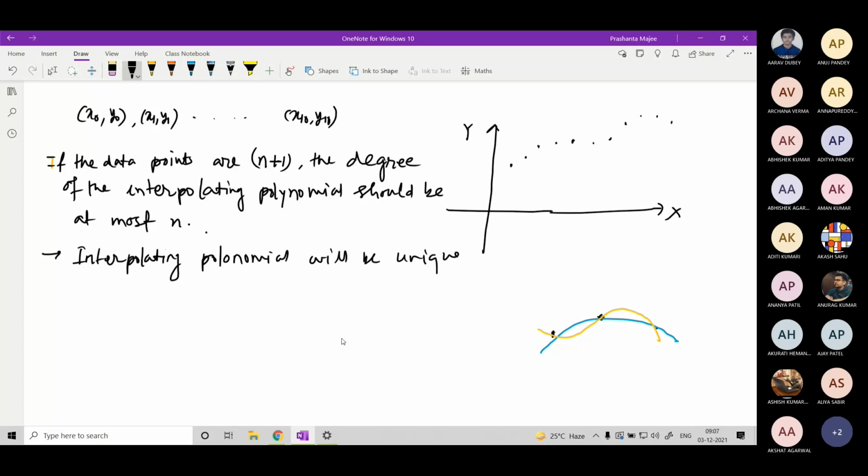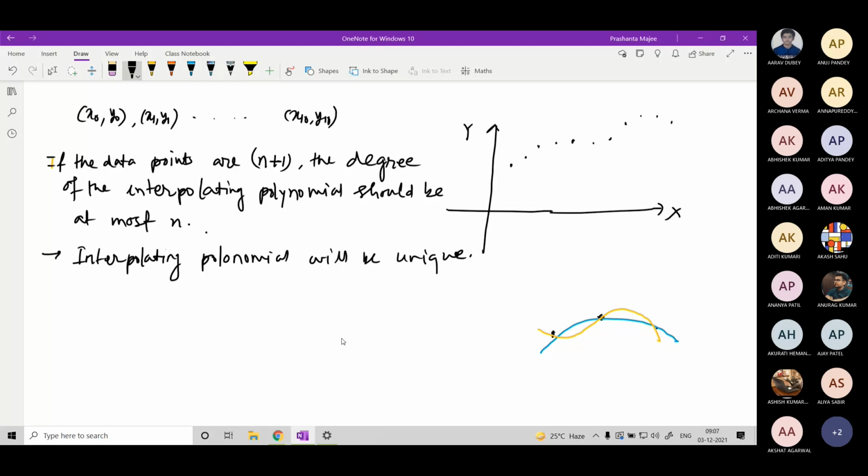Now another purpose for interpolation is, suppose you have a very complicated function, several kinds of terms are included, trigonometric, exponential, logarithmic, and any other kind of functions, a very complicated curve, and it is very difficult to analyze that. It is very difficult to differentiate that. It is very difficult to integrate that. And suppose that kind of calculation is required in your problem, then what can you do with that particular function?